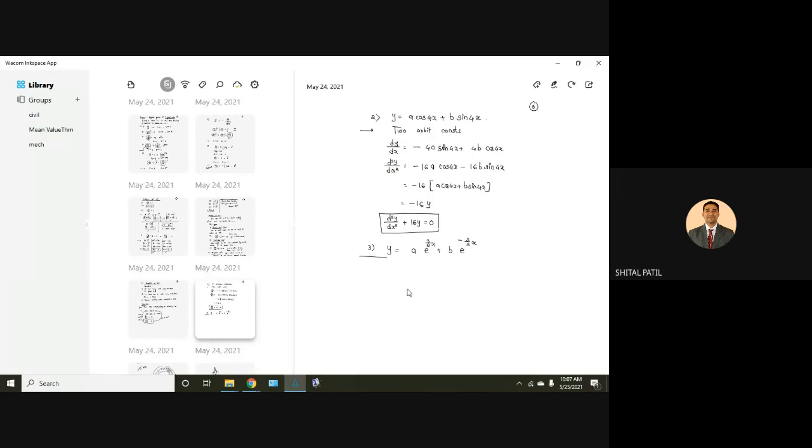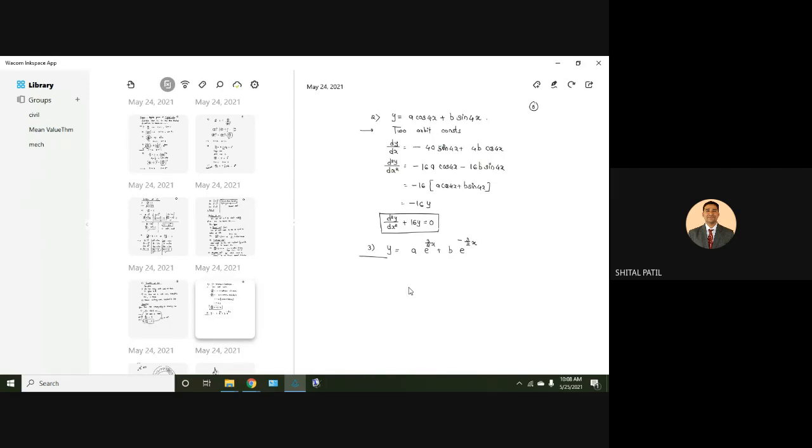Y2 equal to plus 9 by 4 y. Check your answer. Y2 equal to 9 by 4 y. Then next, we'll go through a few more examples to understand the concept of formation of differential equation. So next, determinant method. Determinant method to find the differential equation from the given solution.